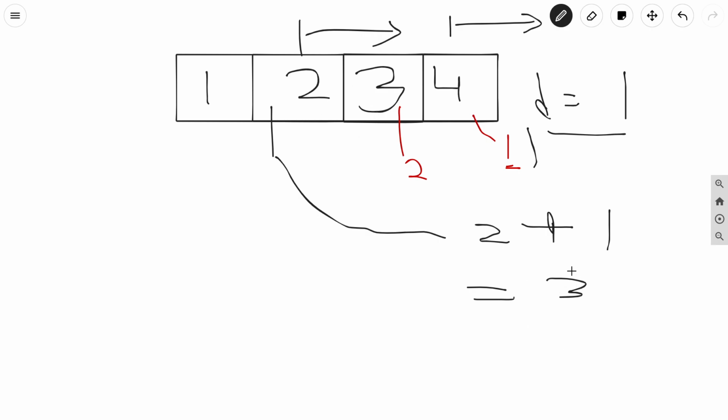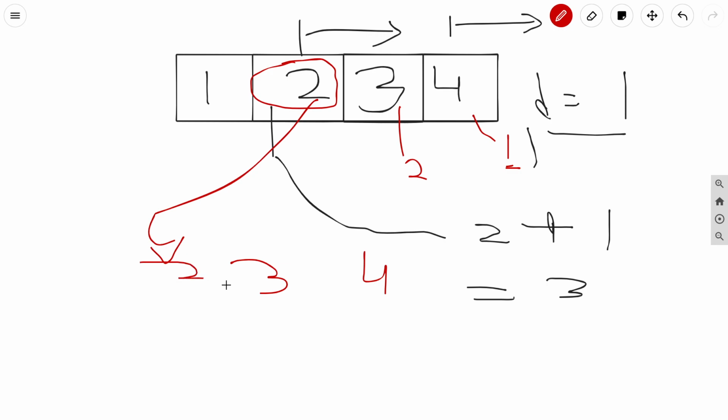And what does it mean? We will just push this element 2 in the arithmetic sequence which started from 3. You know that the sequence was 3 and 4, and we will just push 2 here.